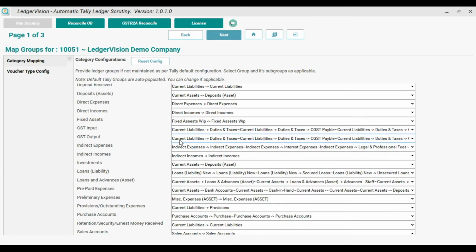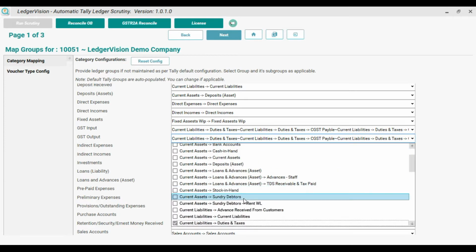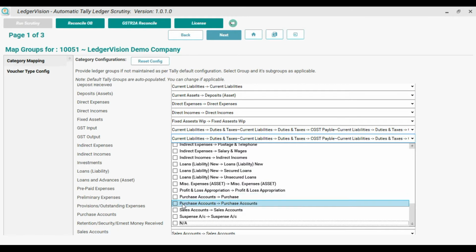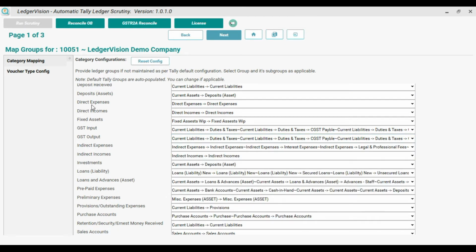Also if GST output is kept under sales instead of duties and taxes, then you have to go to sales to configure, and from these ledgers Ledger Vision will capture the details.